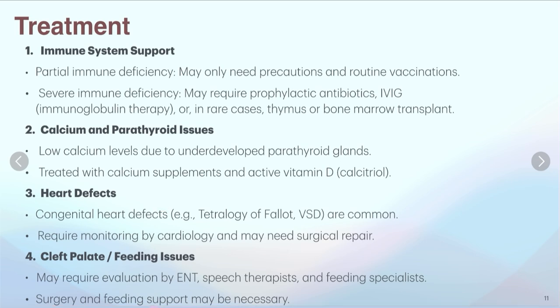For a patient with a heart defect, we may require some surgical intervention to deal with each type of defect. And this also goes for the patient with a cleft palate. They need to have some surgery under the supervision of the maxillofacial